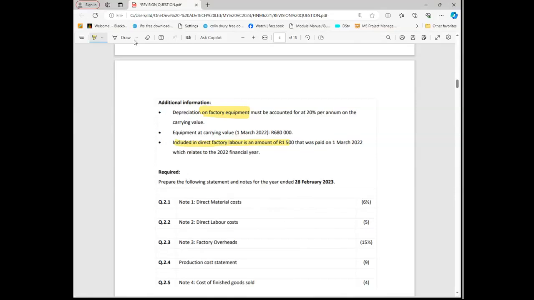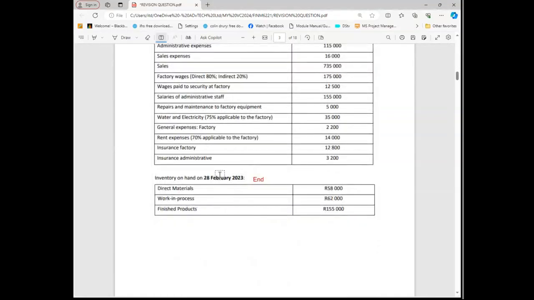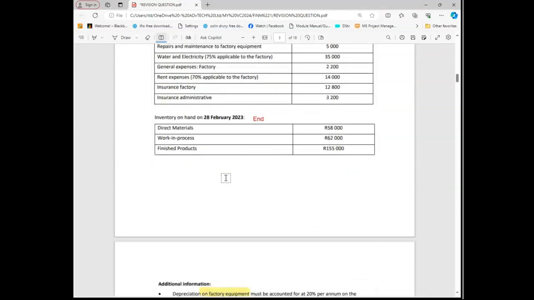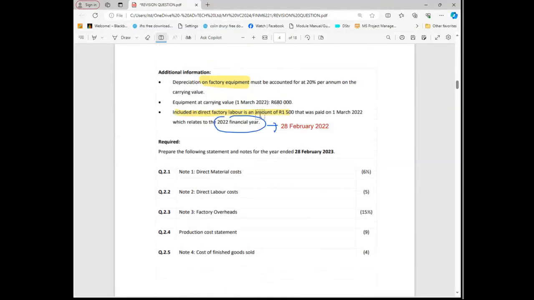So the 2022 financial year is the period that ended 28 February 2022. And our period is 28 February 2023. So meaning this figure we need to consider because obviously